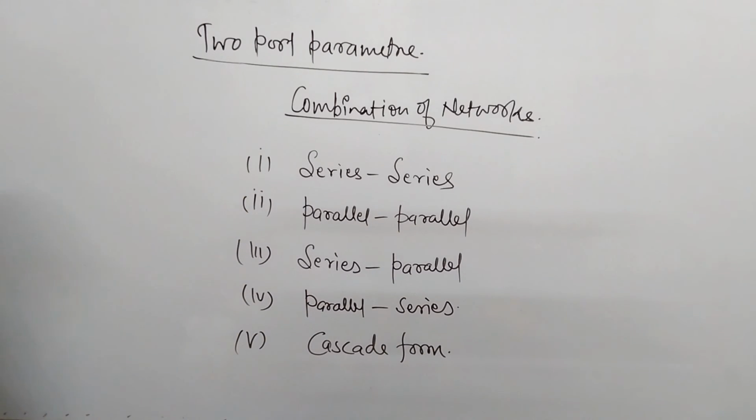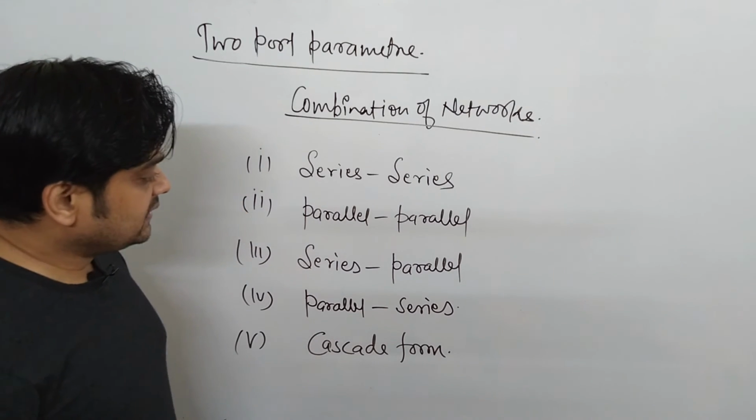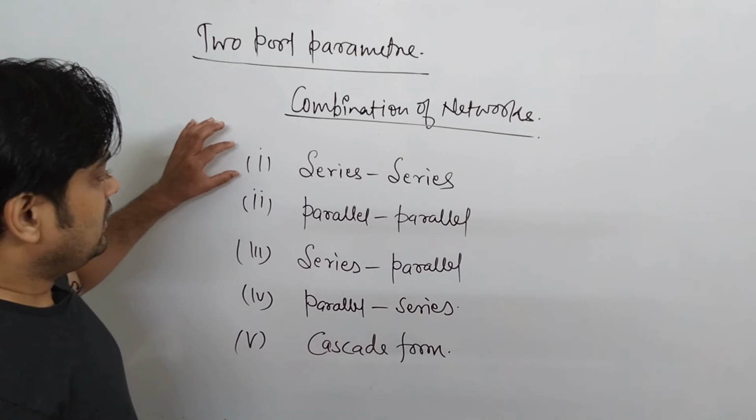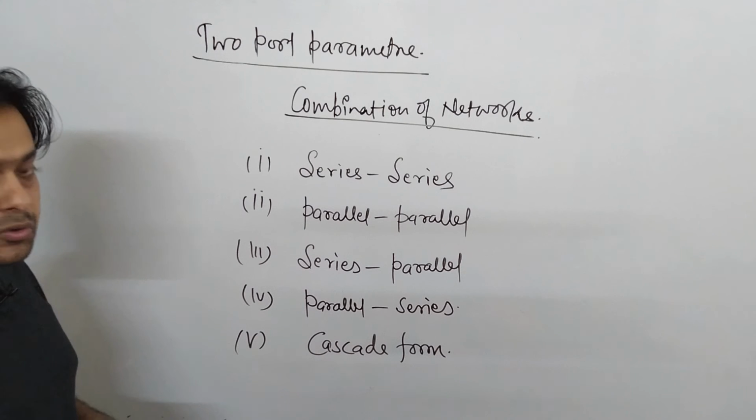So these are the few conditions of interconnections of network, either in the series form, the parallel form, series parallel, parallel series and cascade form. So we will see in our numerical sessions how such type of problems used to come, but